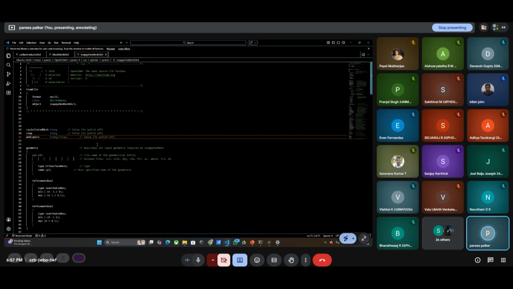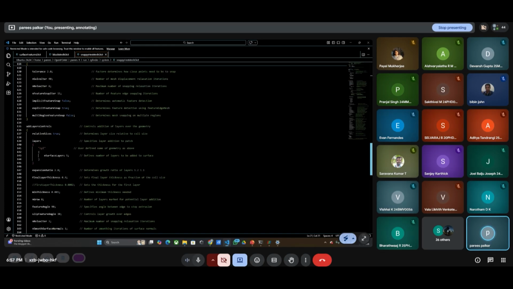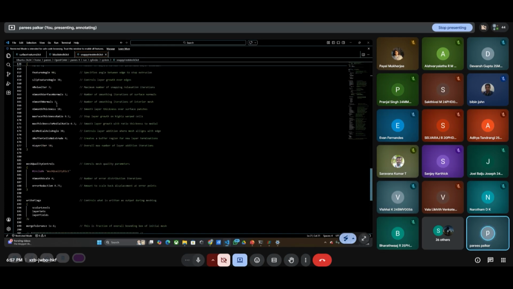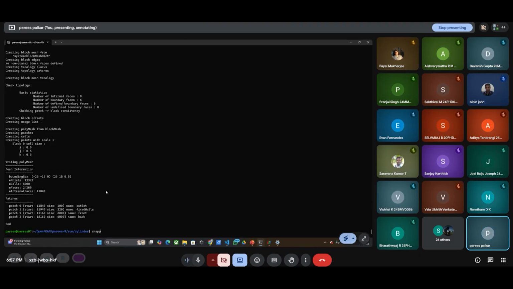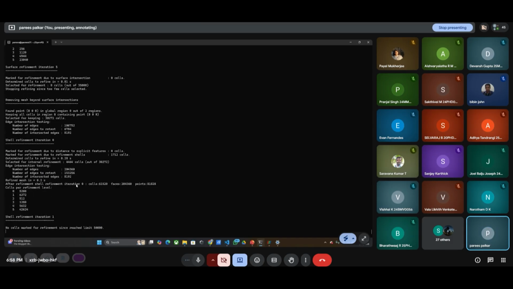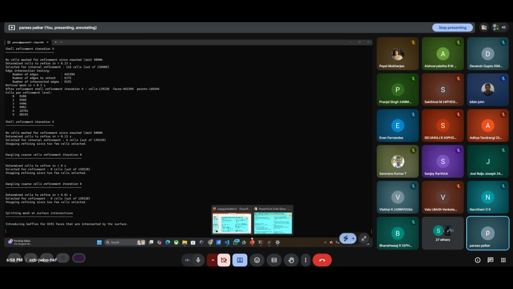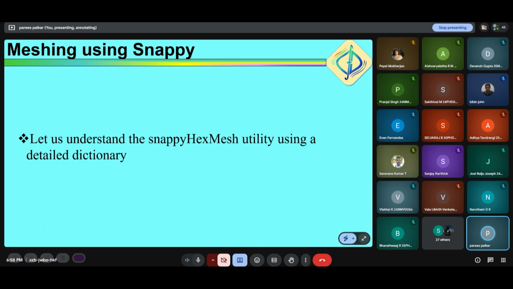Okay, save this file. We have defined the number of layers as 5 now here, and run blockMesh and snappyHexMesh with override. What this override command does is it deletes the previous mesh and regenerates your mesh again. Okay, so as this is going on,